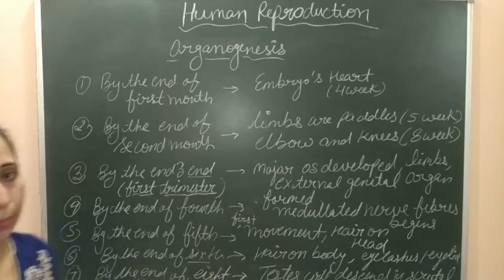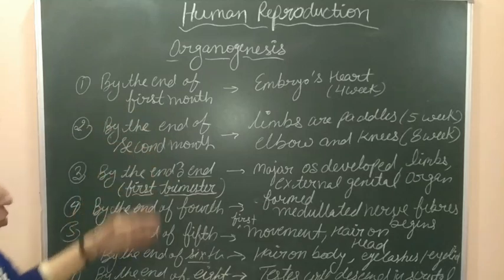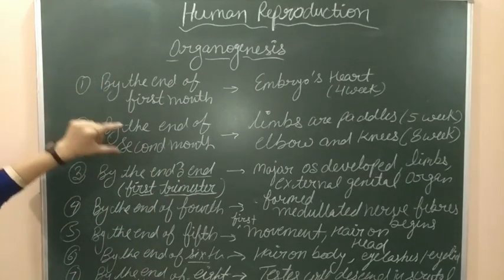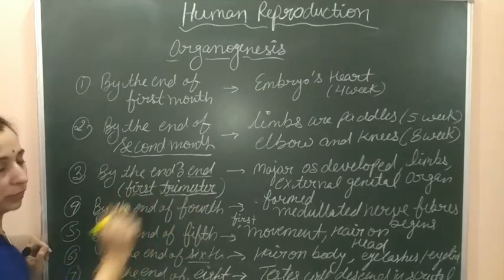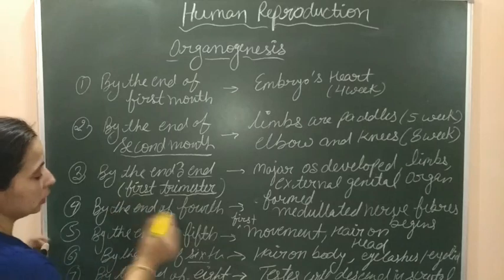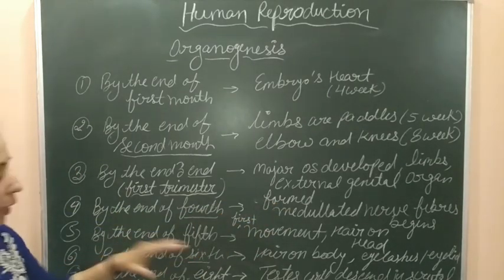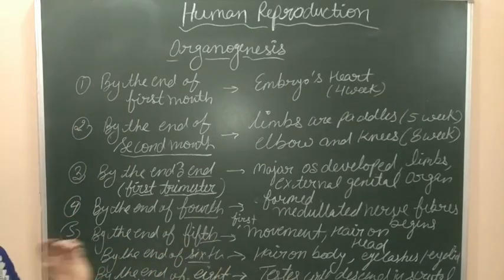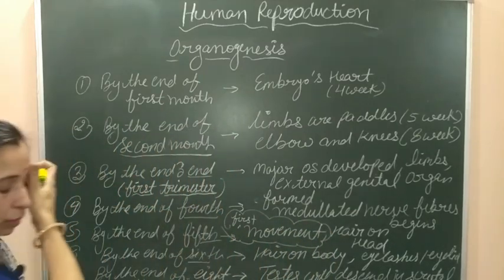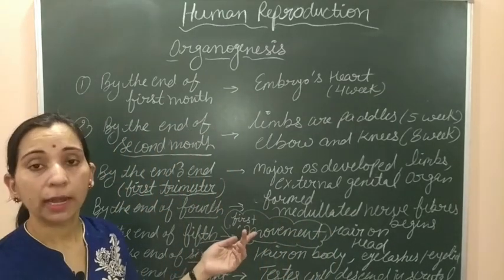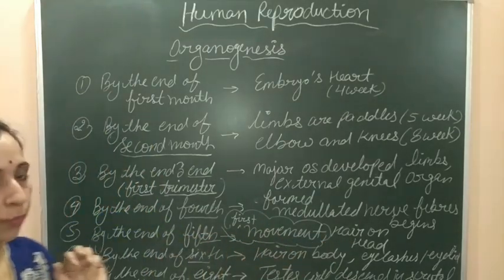So here we discuss some important changes, some important formation of the organ at the different stages of the pregnancy. At the first month, then this is the second month change, then at the end of the first trimester or at the end of third month we can say, and these are the changes which occur at the end of fourth month, formation of myelinated nerve fibers. Then at the end of the fifth month, the movement will start. The first movement is noticed. We can mark it because it's important. The first movement of the embryo is noticed in the end of the fifth month. First movement is noticed and hair on the head will also form.